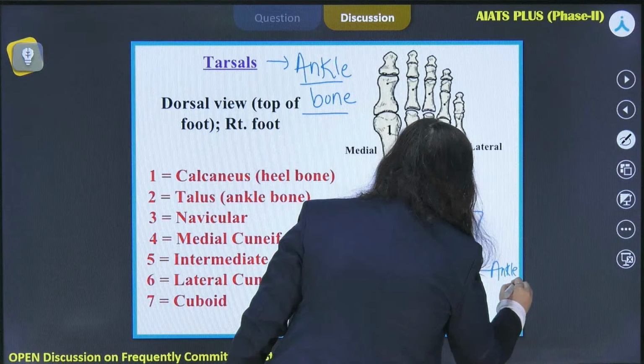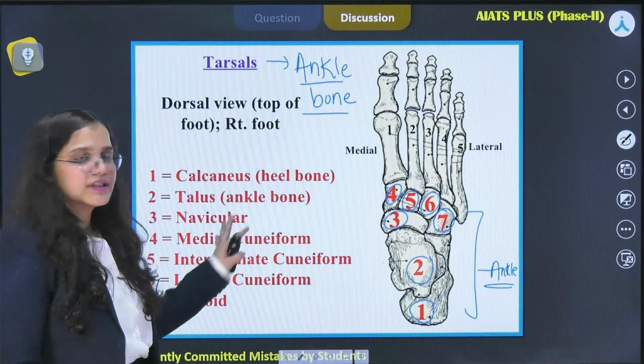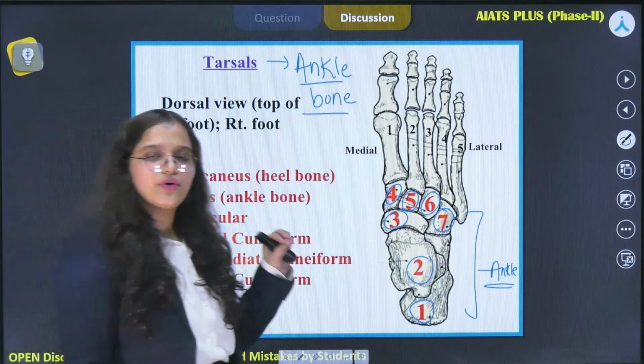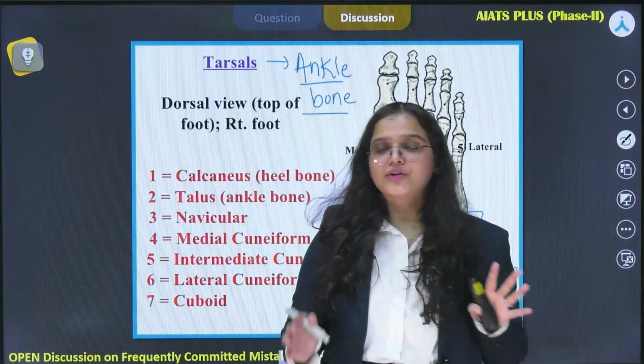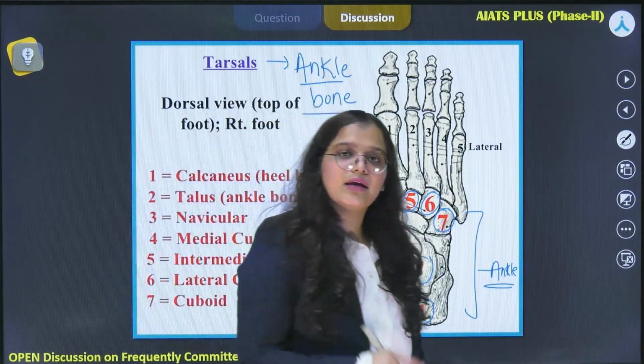These are the various names of these bones, but it is not important in terms of NEET exams. So this was the brief of the skeletal system present in our body